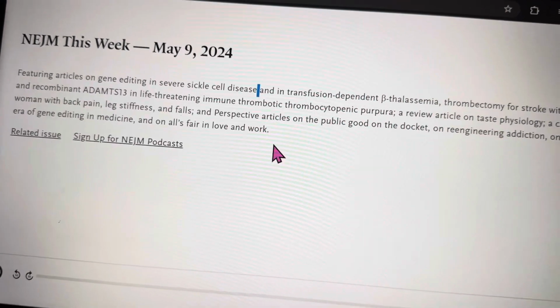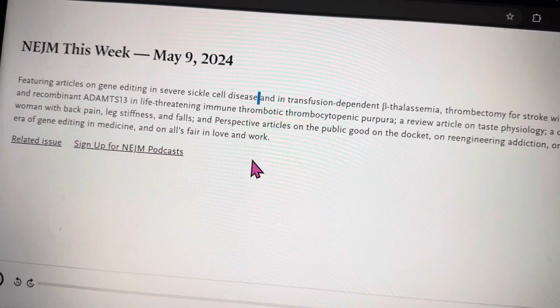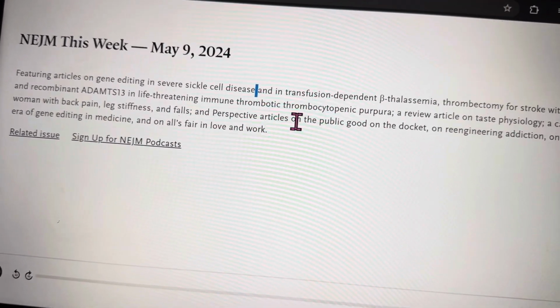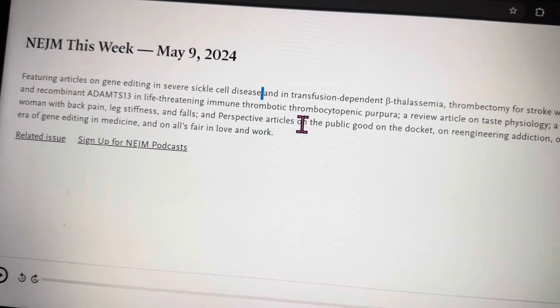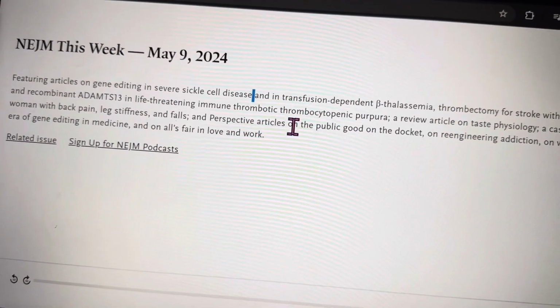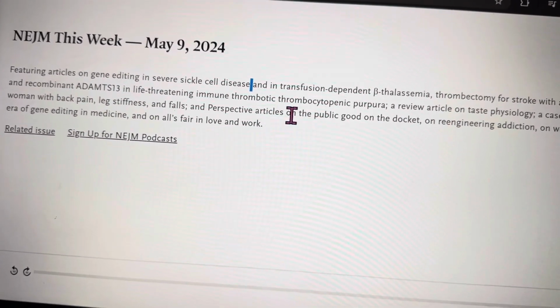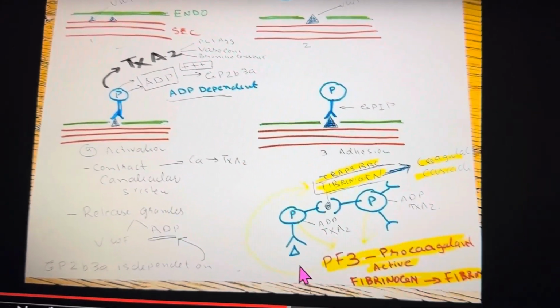So this is the short summary. I hope this will help you understand when you will read about these two studies. Very fascinating study. I was so happy. I was so passionate to study about it, and it's so beautiful to see that we are able to cure these patients. Excellent. Now let's talk about the third study about the recombinant